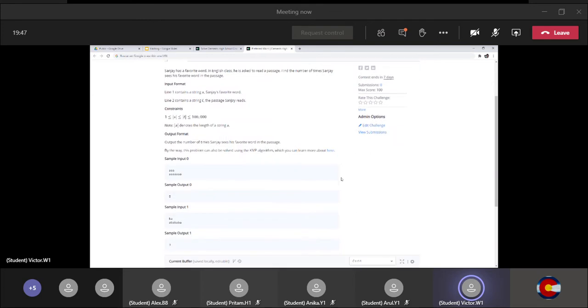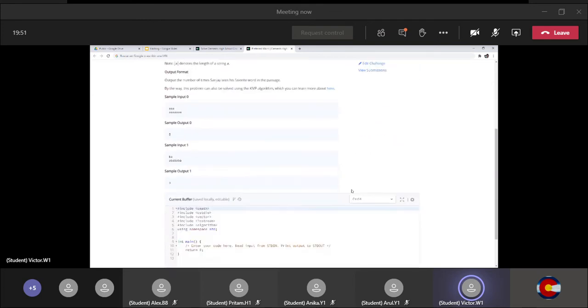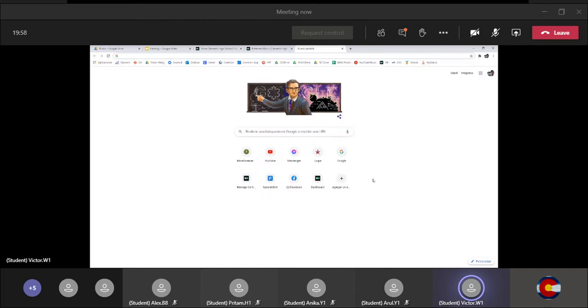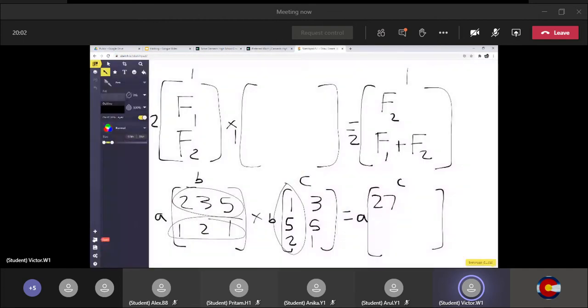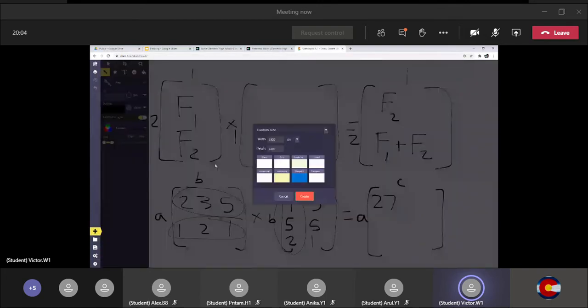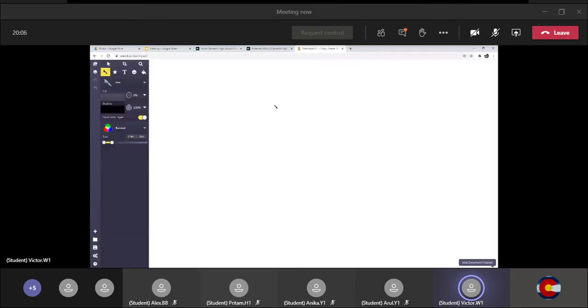So this is a pretty classic example of how we can use rolling hash. I'll basically try to illustrate how the concept of rolling hash works. So let's actually pull up Sketchpad. Okay, let's open a new one. Okay, so